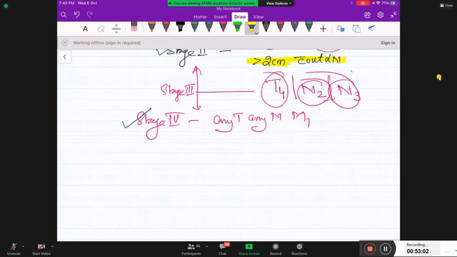अच्छा, ओके। A patient comes to you with a 6 centimeter lump in the breast, which is invading pectoralis major muscle, with no lymph node in the axilla, with no distant metastasis. One, 4. आज का सबका आंसर 4 ही करना है।